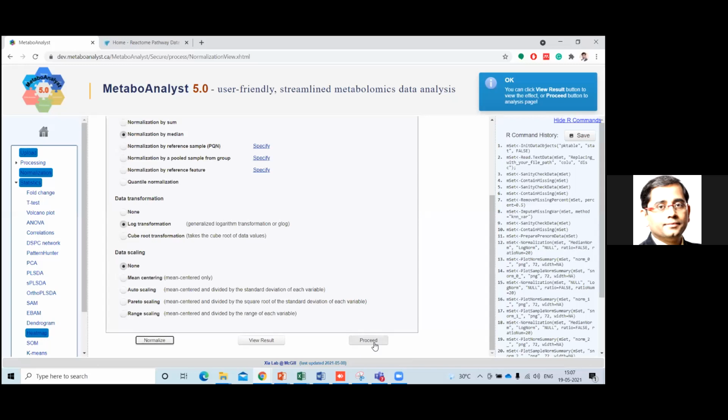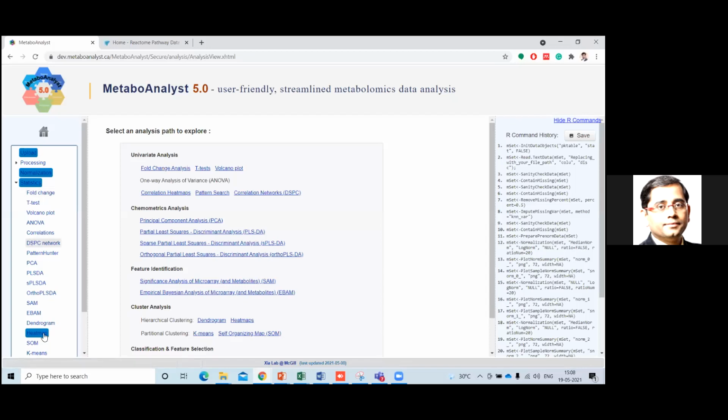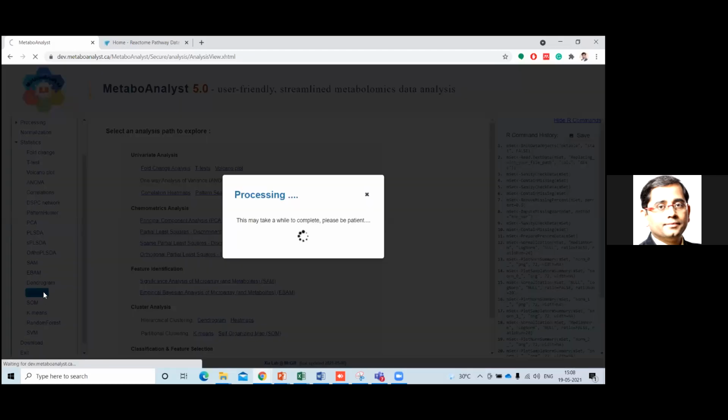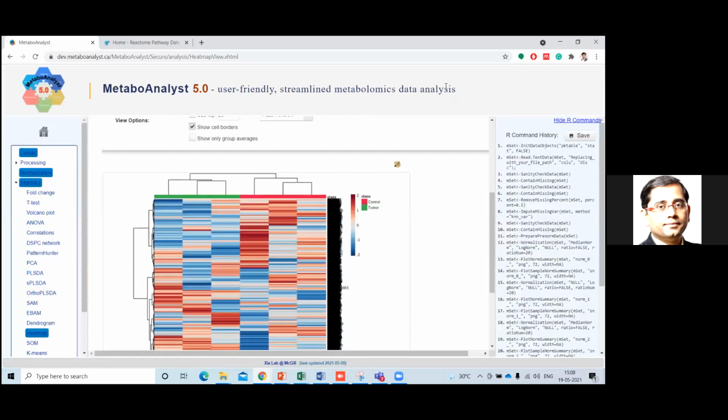Here is the proceed button. Once you proceed, you will get a number of feature options over here. Over there, you will find heat map. Once you click this heat map, it will automatically generate a heat map for you, right?